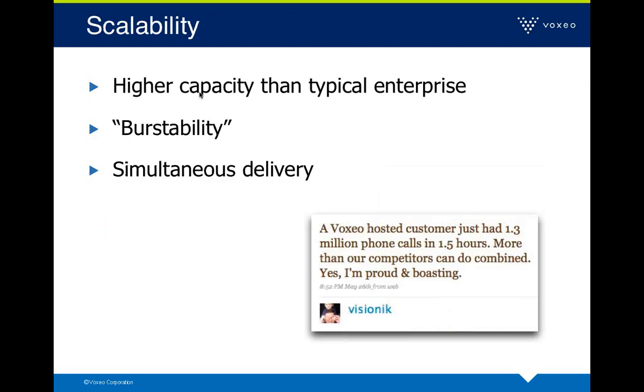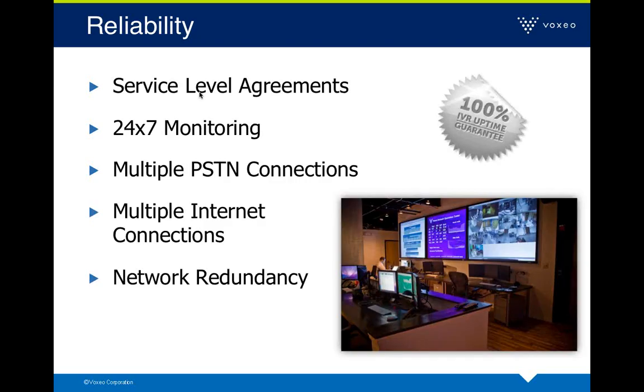It's also highly, highly scalable. And this is one of the big advantages that you can get in a cloud communication service versus what you would have on a typical enterprise. You typically don't have the ability to go to the extreme that a cloud communication service can do because you just don't have that capacity. In a cloud environment, you're aggregating across all of the customers the bandwidth capabilities of the cloud communication service, so you can burst out to very large amounts of traffic simultaneously in ways that would be very difficult to do for a typical enterprise.